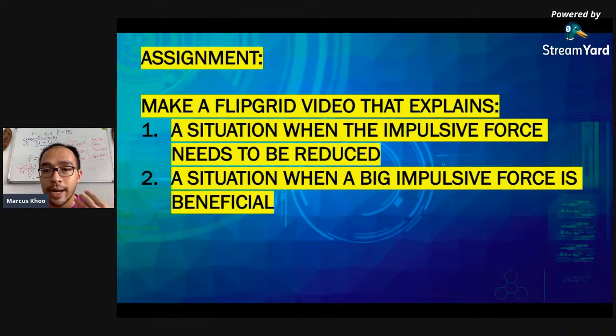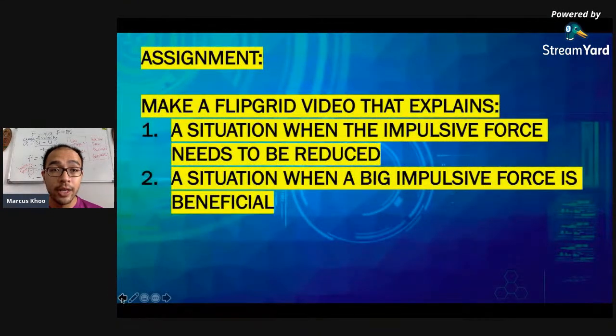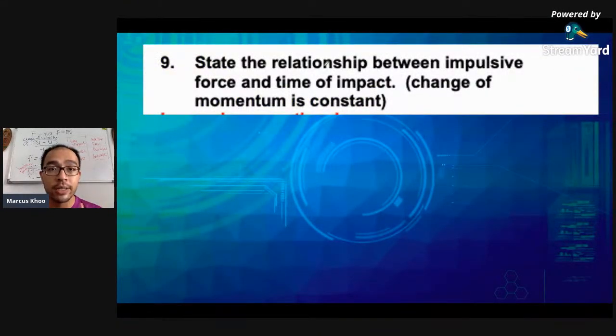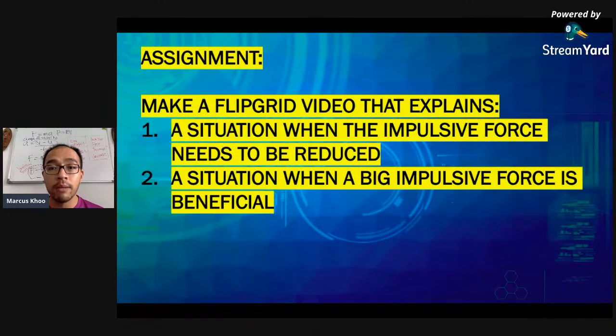If you are students from other classes, ST and SC, and even from other schools, this is a good thing to go and research on. I don't have to tell this to you. I think that if you read this for yourself, and if you remember the thing that I explained before about the relationship between impulsive force and time of impact, then all this is just application. Those of you in 4SA, I want you to do this assignment for me. And I'm going to up this a little bit more.